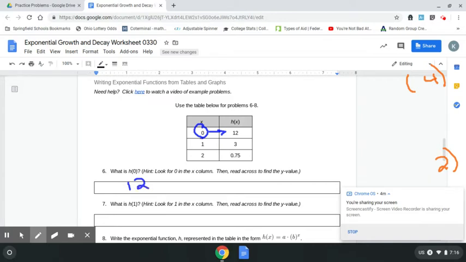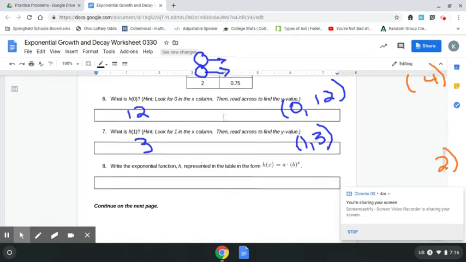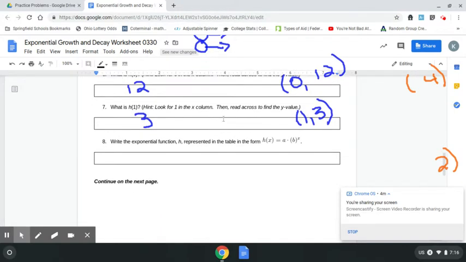What is h of 1? H of 1 is here. We look across. It's 3. Okay, so now the two values that we have are 0, 12, and 1, 3. If we take a look, as we scroll down and write the equations, number 8, write the exponential function h representing the table of the form h of x equals a times b to the x power. So h of x equals the initial value we just figured out, that was 12, because that's where x equals